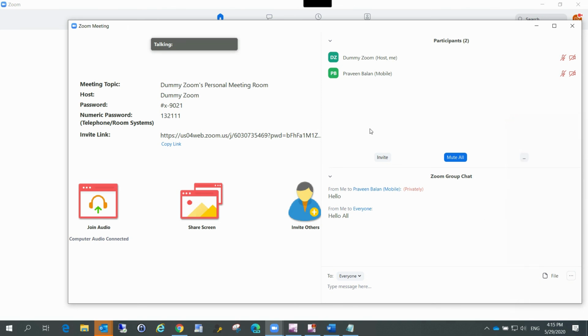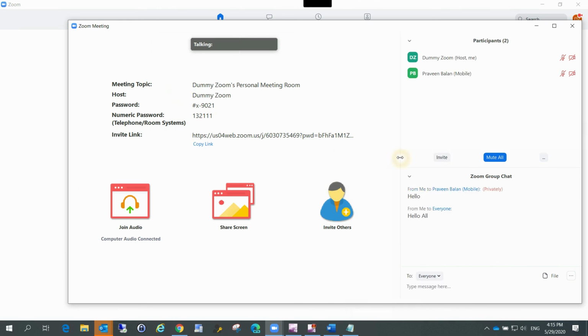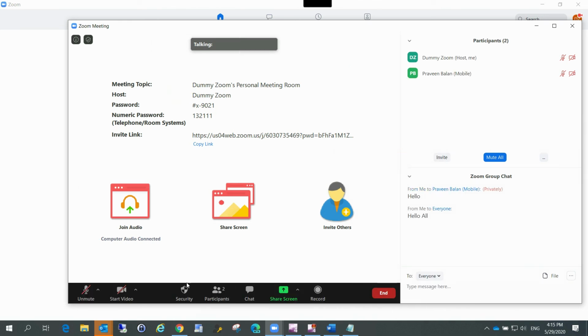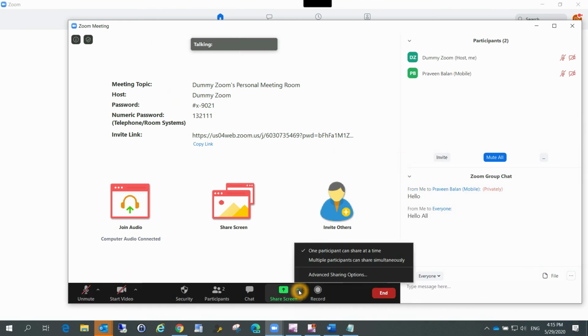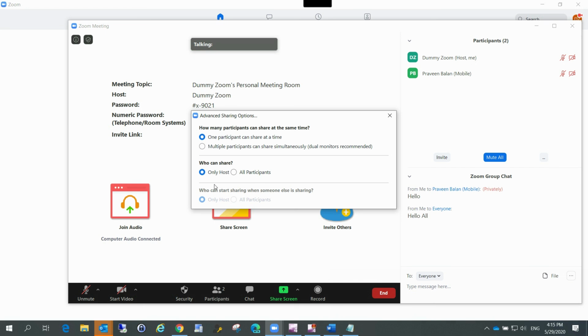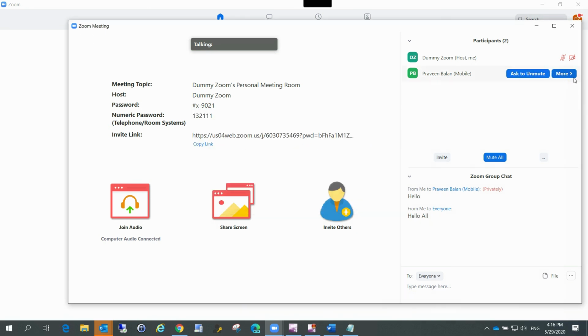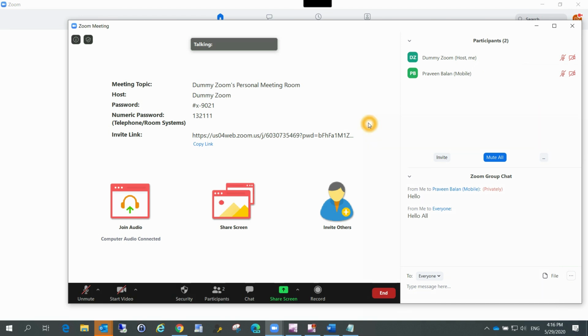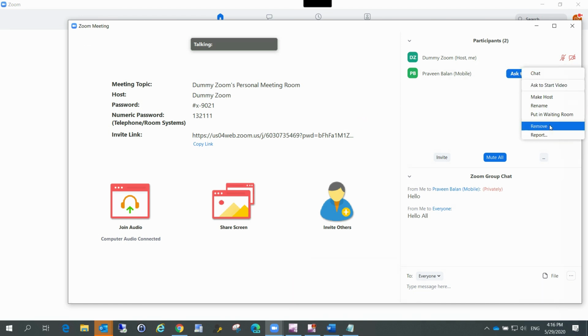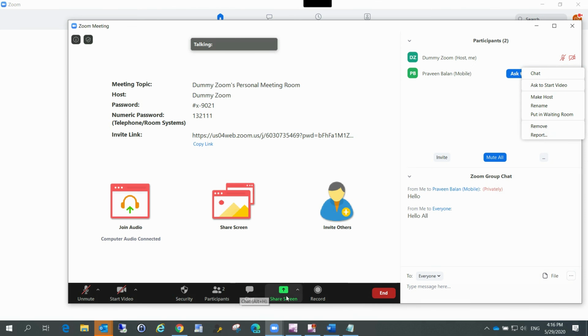So these are the options that you need to really play with in order to ensure that the meeting progresses well without disturbing all the participants. Usually in a Zoom meeting, you can expect around 20 to 50 or 90 people, and it is important that you manage the meeting efficiently without hurting or disturbing others, ensuring that the meeting progresses well.